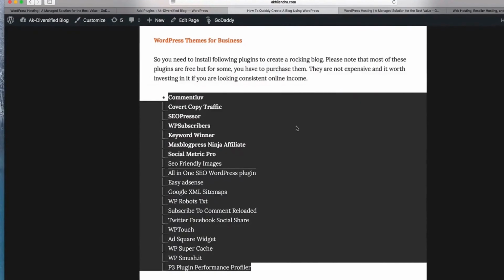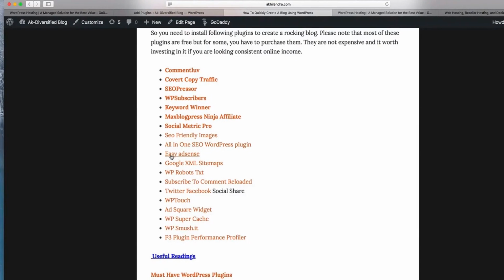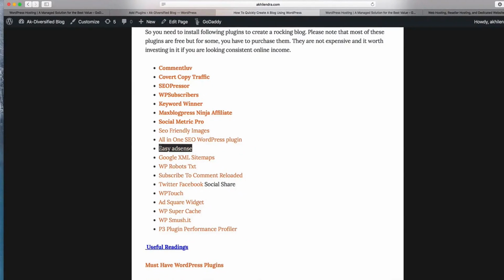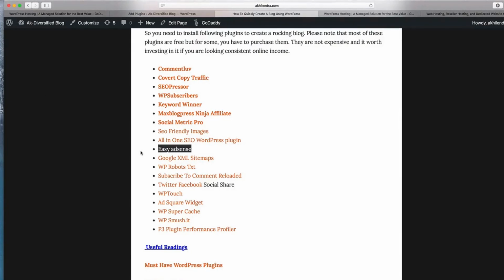Visit this particular page. This page will tell you what kind of plugins are important. So it's like I have mentioned, say this one, Easy AdSense. This particular plugin is needed to display AdSense ads, which is a good way of making money. Now if you are a real estate based website or insurance agent, then maybe you can manage without this. It may not be a big item on your agenda, so you may not need this plugin. But if you look at this Google XML sitemap, this is needed for SEO. So again, it will depend upon the requirements.